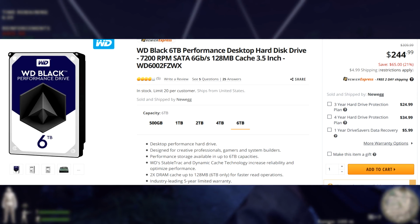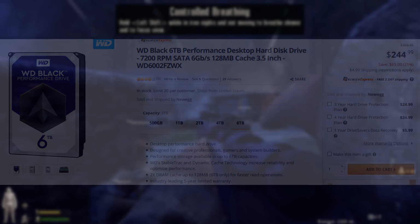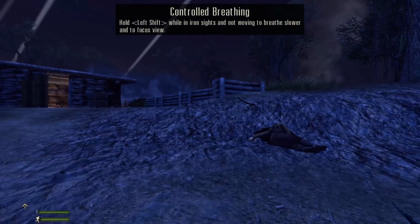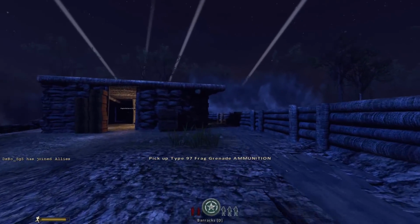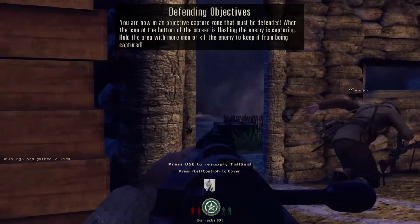And typically with the WD Blues, you are paying $50 a terabyte, so if you look at it that way, $50 a terabyte, 6 terabytes, that would be $300. Here you get the WD Black, and it's cheaper than that. It's $245, so I think this is a pretty good buy if you do want a huge hard drive,